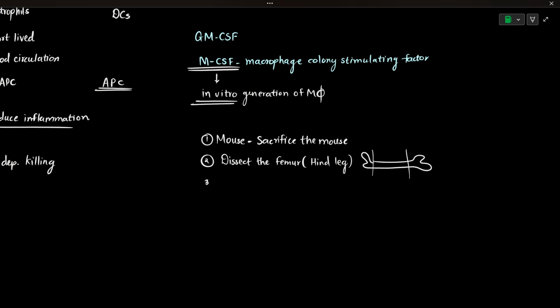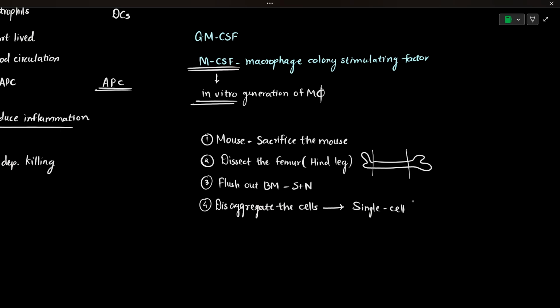So then we flush out the bone marrow using a syringe with a needle. Once we have flushed out this bone marrow, we are going to disaggregate the cells. We are going to break up the clumps which are present there. We will gently break all of the clumps and ensure that we have got a single cell